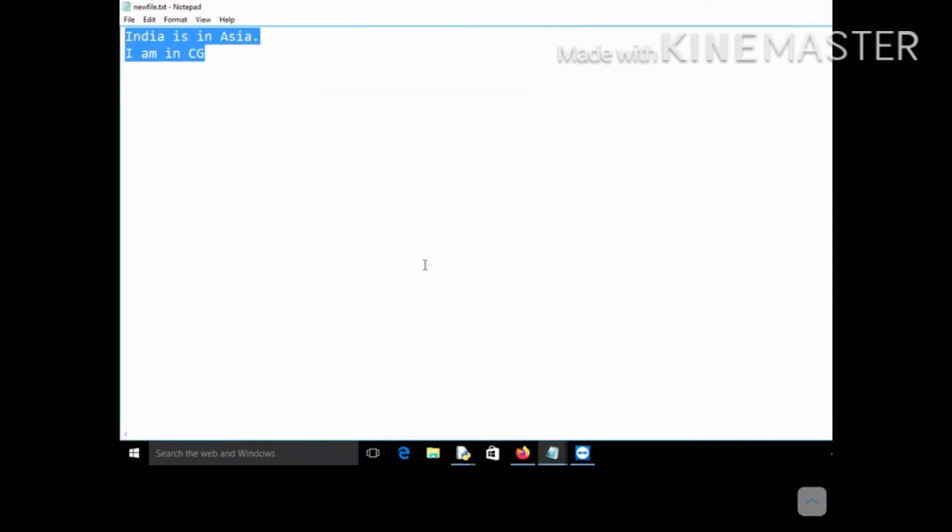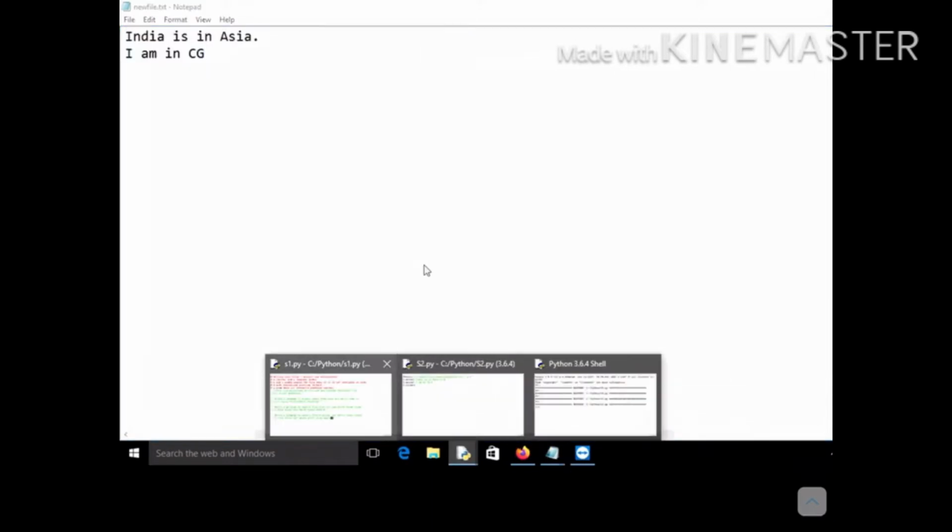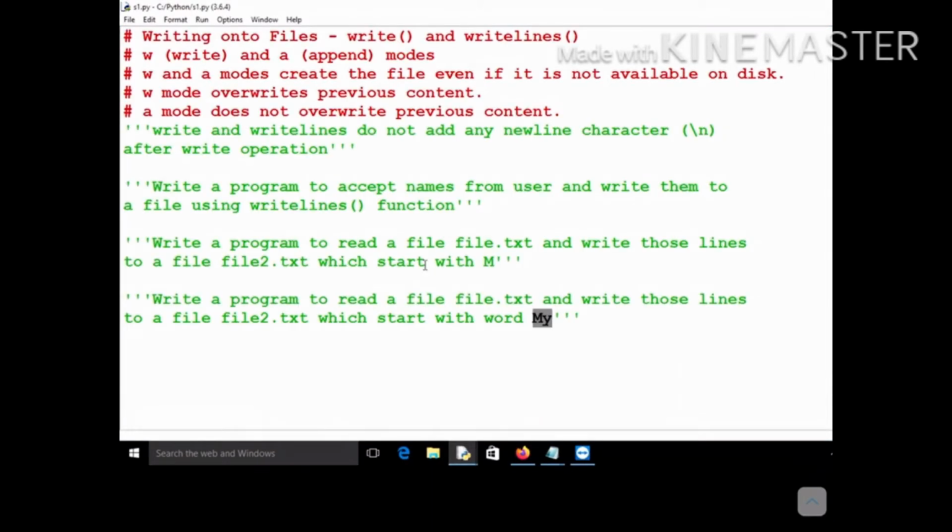So you just remember this point, that the write function does not automatically insert a new line. It applies to both the write and writelines functions. We will see the writelines function also, and I will show you that it does not add any new line character after the write operation. You will have to add it explicitly, by yourself.